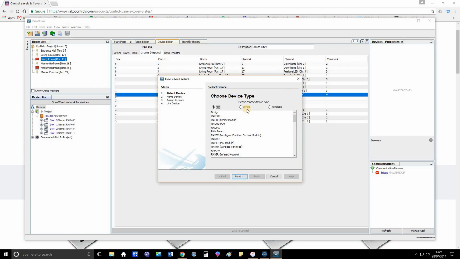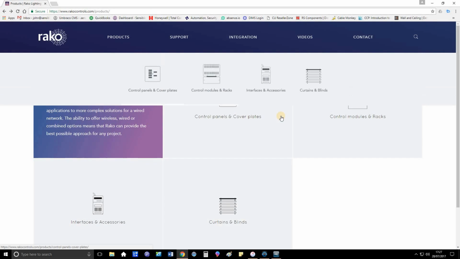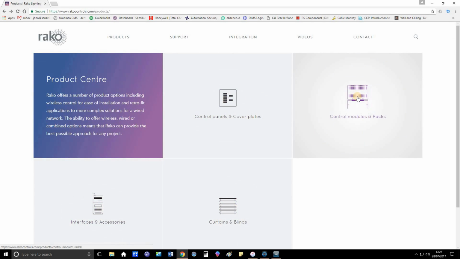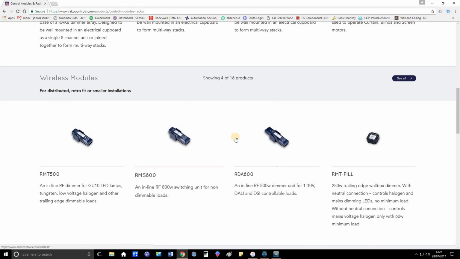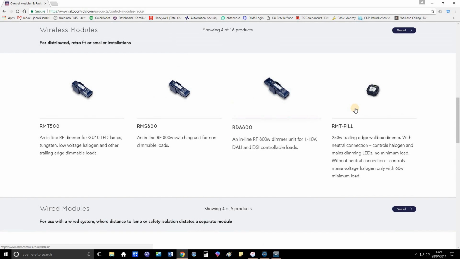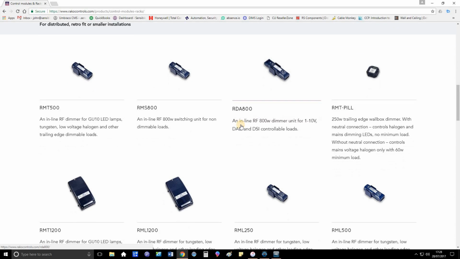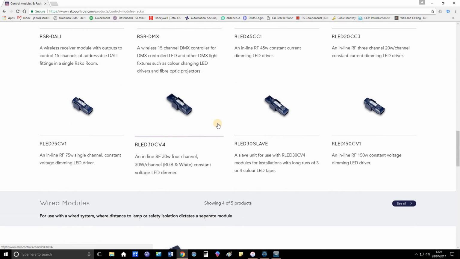Let's add a device. Let's click on wireless again. Now there is a device called a RackUp which can control blinds. Let's have a quick look at the web page. If we go back here, and a RackUp controls modules and racks. So a RackUp looks like, not sure if I can find one here. Let's go to see all. RackUp is,